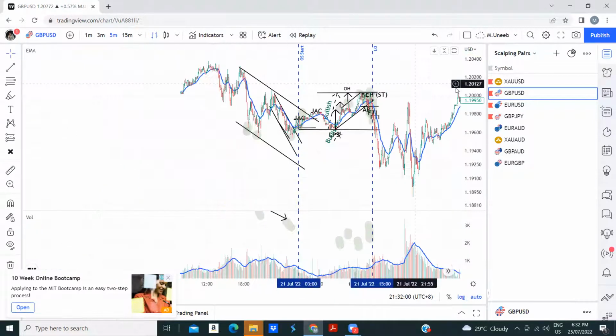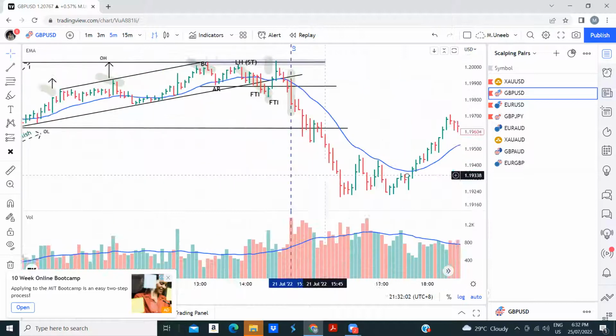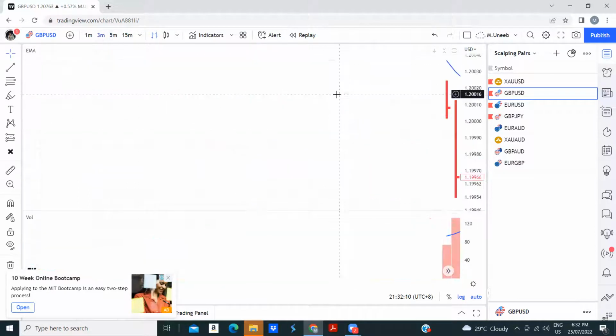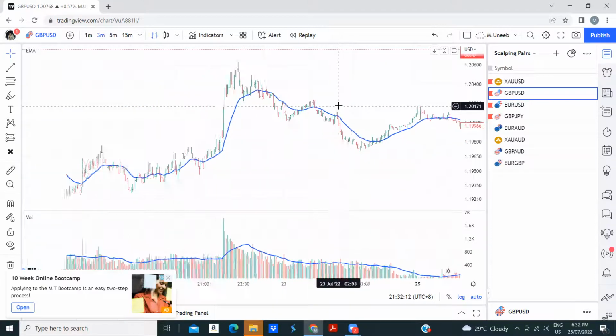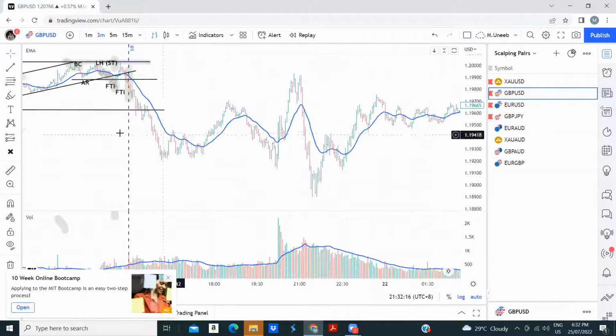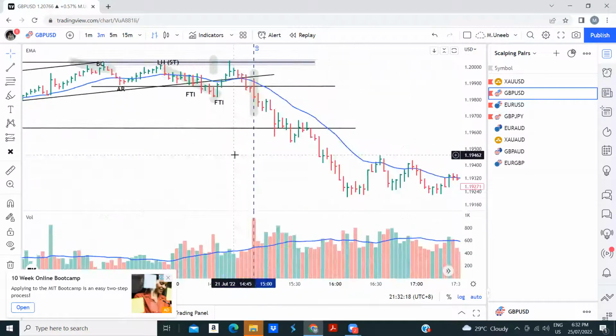5-minute time frame. And then what do we have now? FTI. And this FTI is falling on huge volume. You can see huge volume, right? I suggest when you are in the London Open, always just 2 minutes before London Open, shift to the 3-minute time frame. Do you understand my point, what I'm trying to say?